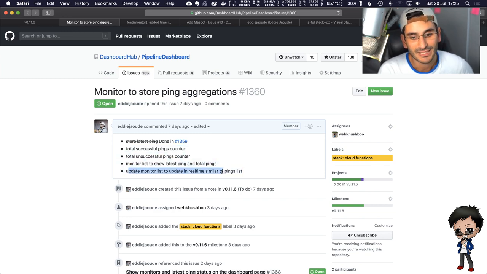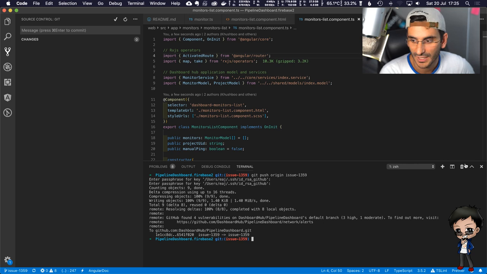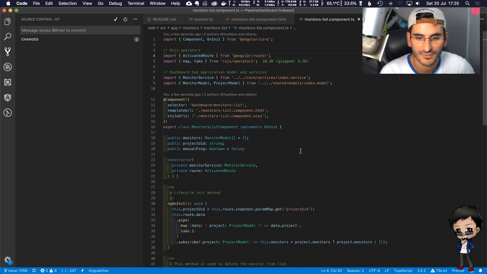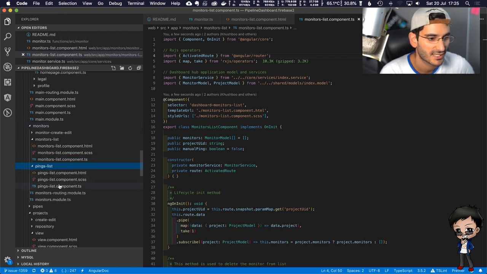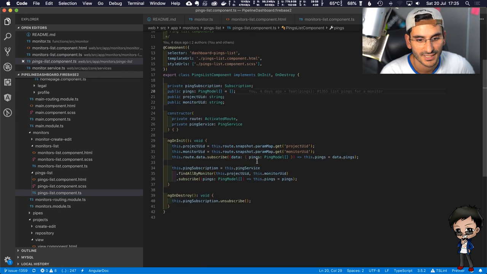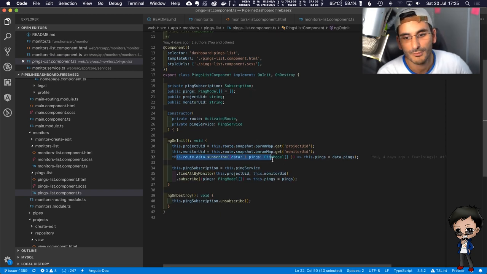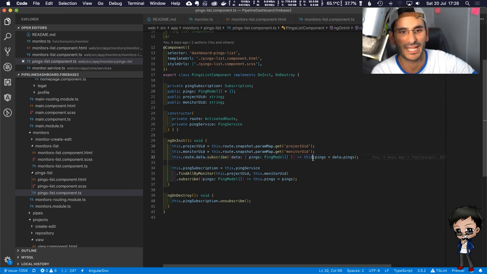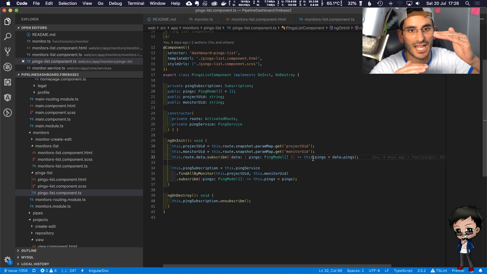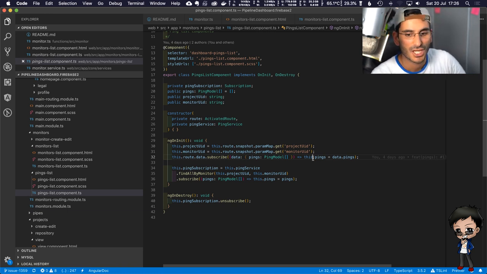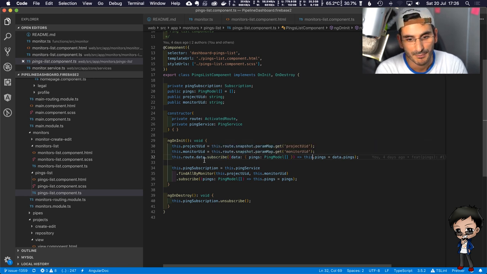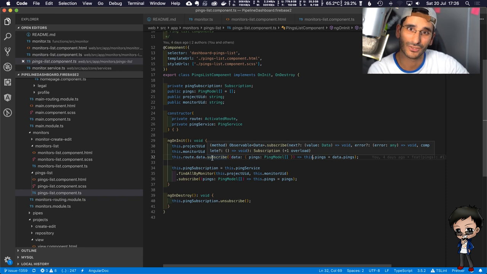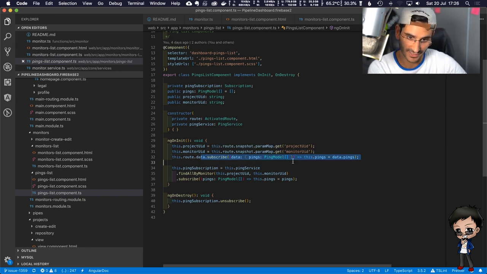And then we need to update it in real time. To do that, I did that for the pings components. It'd be very similar actually, but just to show you on the pings list. On the pings list we grab the data from the resolve, so the page doesn't load when it hasn't got data, because otherwise you get the page and then data suddenly comes in, and I think it looks a bit odd. So we have a resolve that doesn't load the page until it's got the data, but then that data connection is killed, so as data gets updated, you never get any new data.